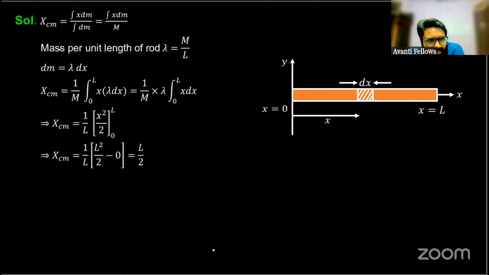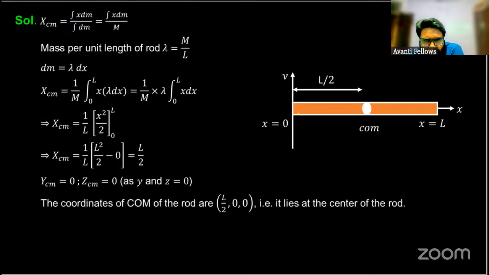When you put the limit here, you get xcm as L by 2, and ycm and zcm are 0. So the center of mass of this rod is at the halfway point, L by 2. ठीक है, this is the center of mass of the rod. क्लियर है।